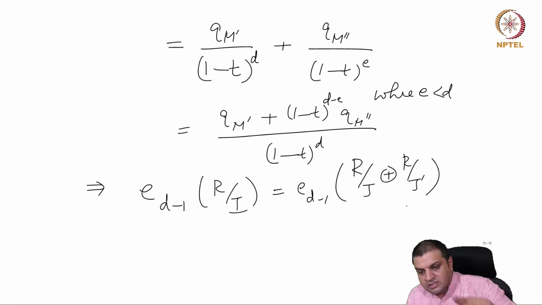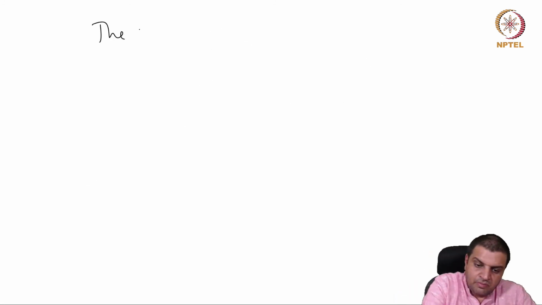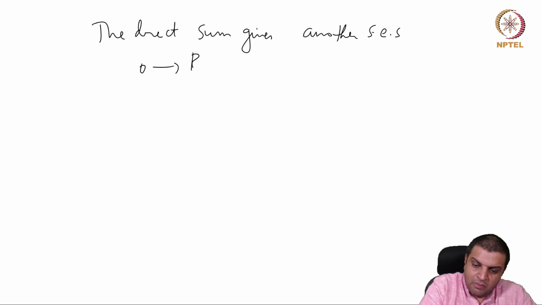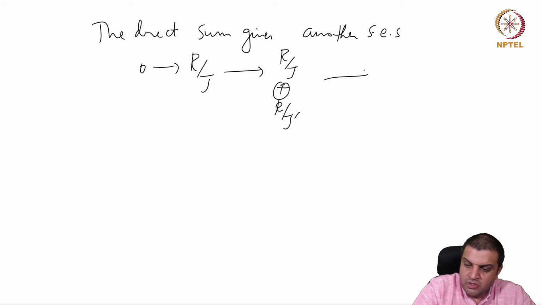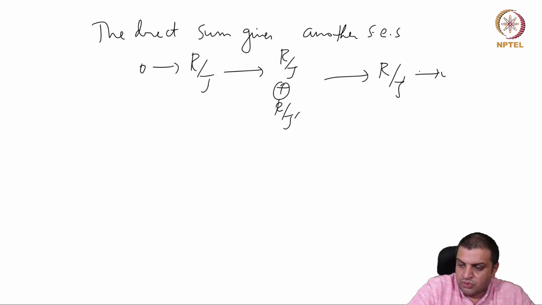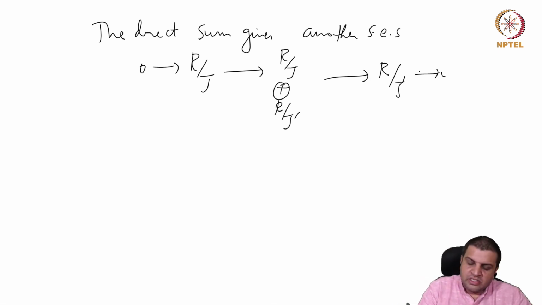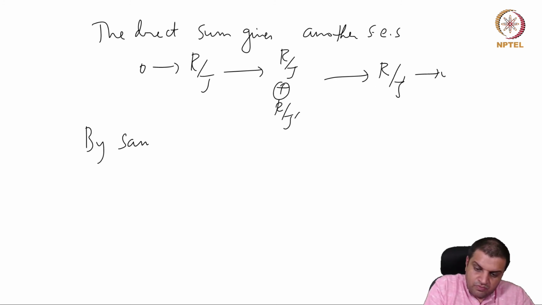Now repeat the same argument for the direct sum. The direct sum gives another short exact sequence: 0 to R mod J to R mod J direct sum R mod J prime to R mod J prime to 0. This is just projection maps. This is a projection map, that's an injection map to that factor. Again, for same dimension considerations, this part has smaller dimension. So by same considerations,